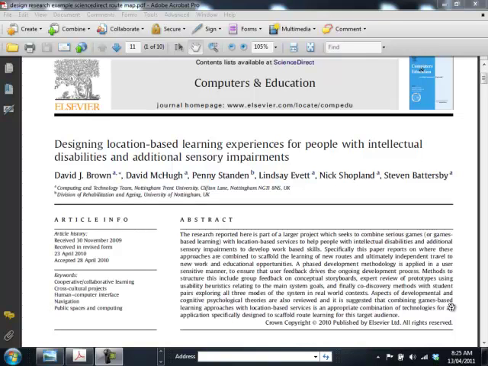In this part, I would like to explain an example of design research. The title of this research project is Designing Location-Based Learning Experience for People with Intellectual Disabilities and Additional Sensory Impairments. This article was taken from Elsevier, and let me read the abstract of the research so that you can get a glimpse of what